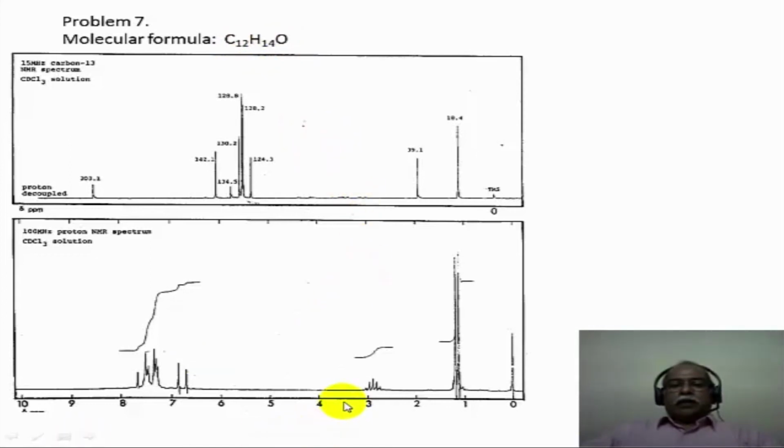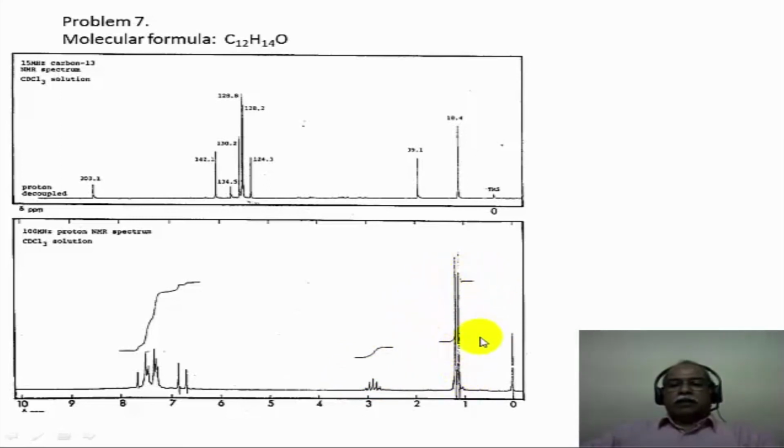Now, what is important in this particular spectrum is the recognition of this particular signal here, which appears like a 5-line signal. Normally, this would be mistaken for a quintet, but then there is a 1 hydrogen intensity signal and a doublet of 6 hydrogen intensity, and these two signals are mutually coupled. You can tell from the spacing of the lines. This coupling constant here is essentially the same as the coupling constant here. So these are mutually coupled.